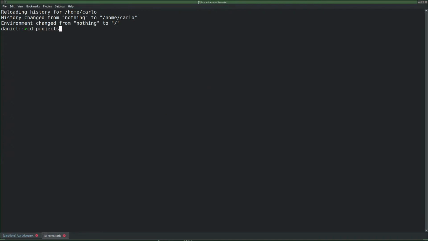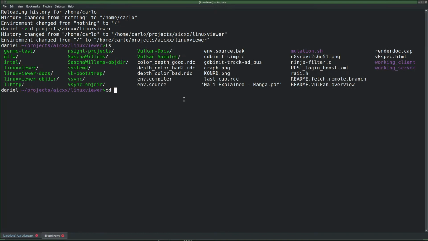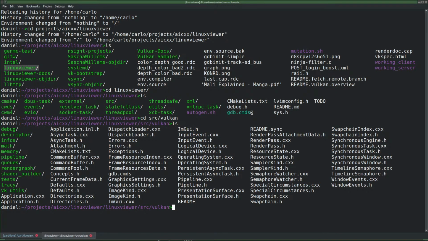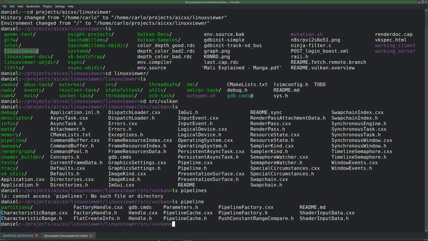CD projects, AICXX, Linux viewer, source, Vulkan. I think it put it in pipelines, but I'm not sure anymore. Just do ls pipelines, pipeline then. Yep. CD pipeline/partitions,